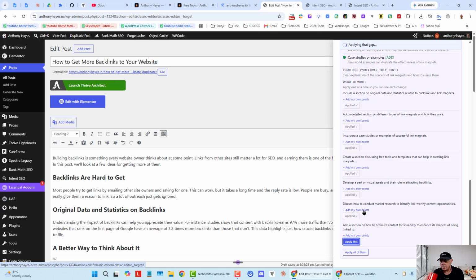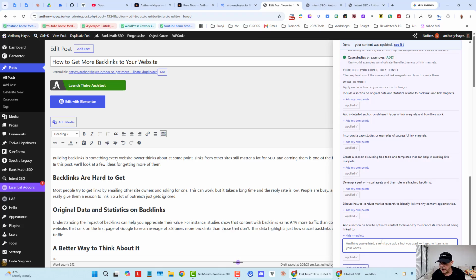Okay, just give it a second. Okay, that's done. Now if I wanted to add my own points in here, you can see this little text field opens up. I can put in here, optimizing content in 2026 for AEO and SEO includes